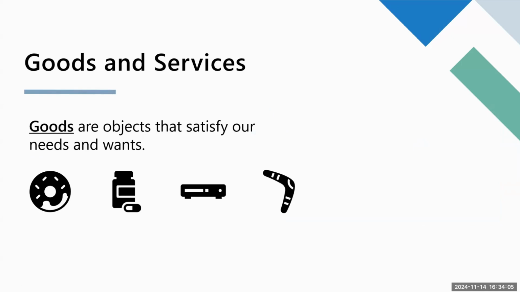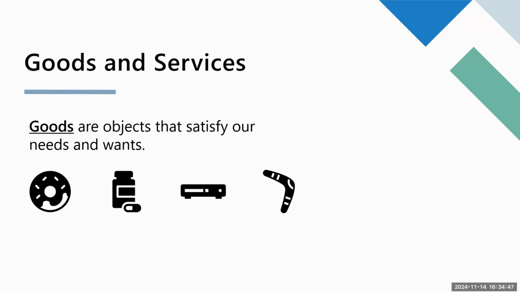Okay, so we're going to start by talking about goods and services. We want to talk about goods. What are goods? Goods are objects that satisfy our needs and wants. This is a place that I deviated from the lesson. They will define it as something that satisfies just your wants. But in my head, like in my examples, medicine is a good, and medicine is a need, not a want. So I think that goods and services economically can satisfy both our needs and wants. That's a small definition change that I made.